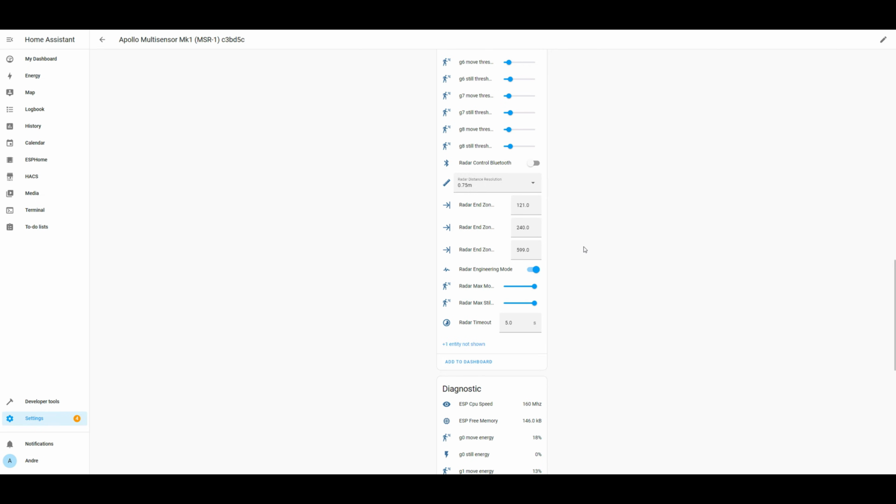And the automation we used for this is very simple. It's just if presence is detected in zone 1, turn the LED on and make it red. If presence is detected in zone 2, make the LED turn on and turn blue. And if presence is detected in zone 3, make the LED turn on and turn green. So we thought this was just an easy way to visualize what we were trying to convey. Obviously your needs will probably be a little bit more practical than that. But with that said, let's go ahead and take a look at this in action.